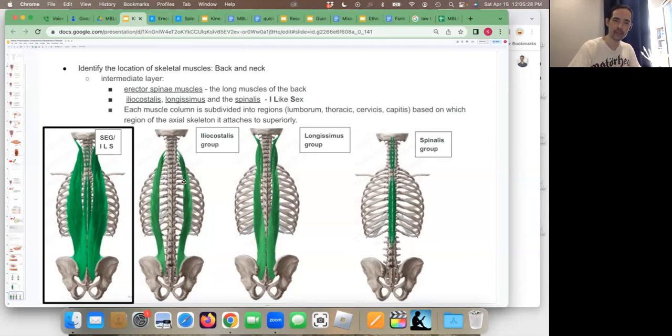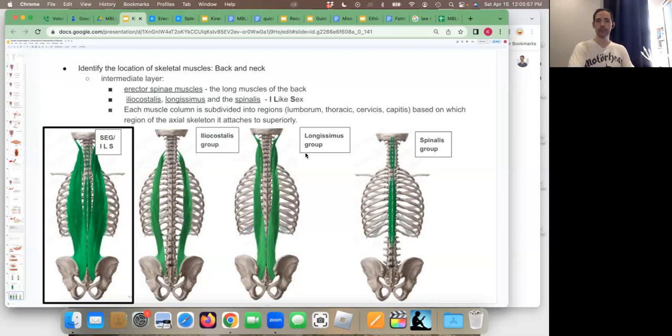Some muscle fibers start in the ribs and they go up to the cervicals. And some fibers start at the ilium and they go up to the ribs, the costals. So you have some ilio originating and some costal originating, some costal inserting and some cervical inserting, but taken all together, they have an appropriately named